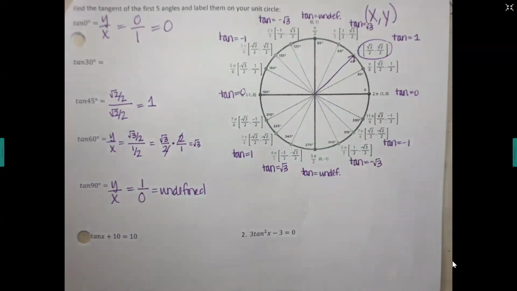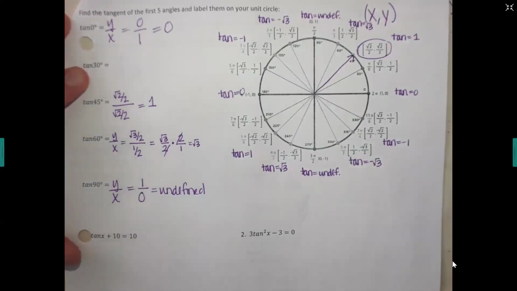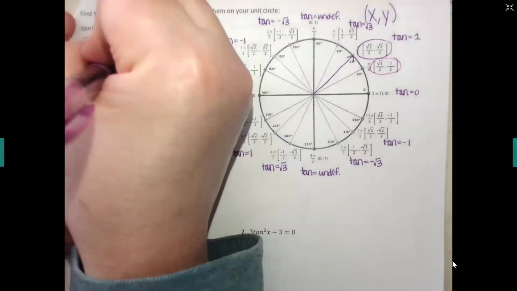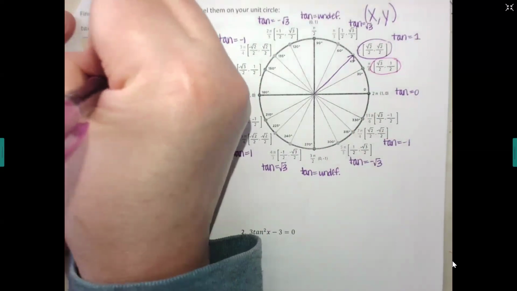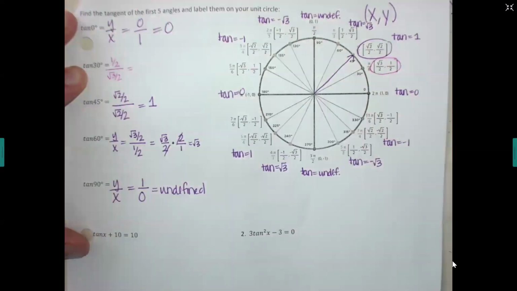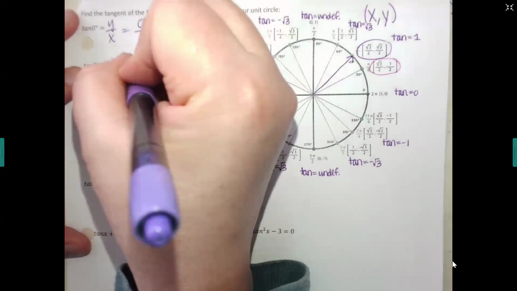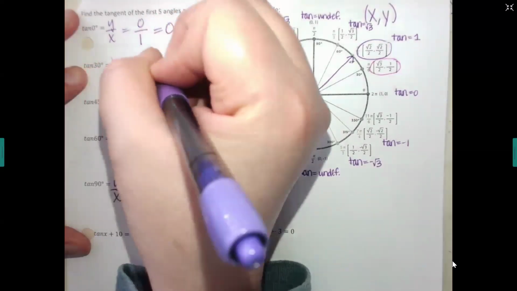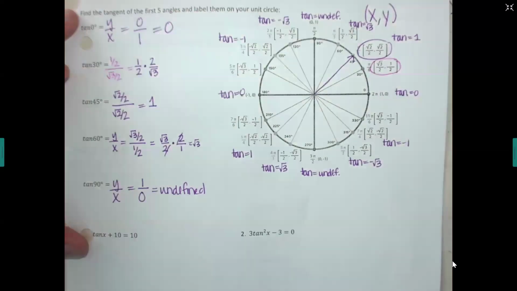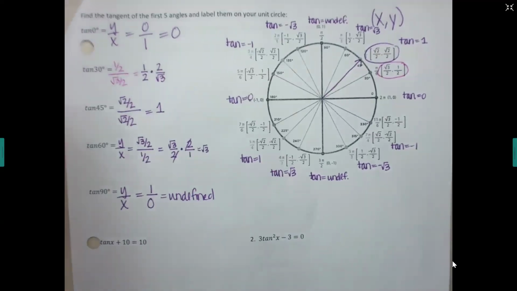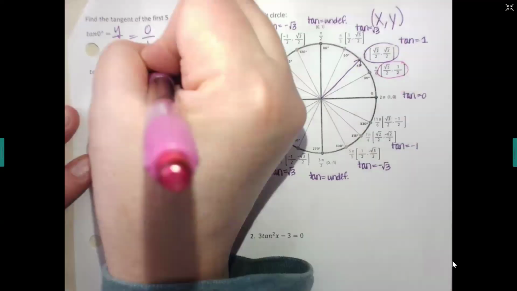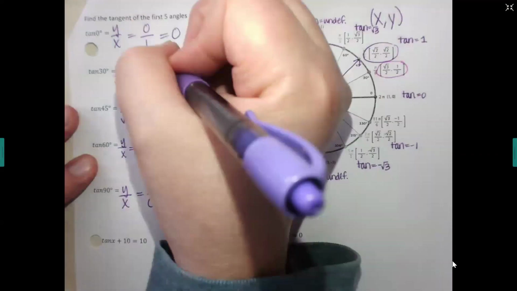We have one more left. Go to tan 30. At 30, I want y over x. My ordered pair is right here. So this time my 1/2 is on the top. My root 3 over 2 is on the bottom. And we're going to keep, change, flip. So keep the 1/2 the same, change it to a multiply, and make it a 2 over root 3. What's going to happen with the 2's? So my final answer is